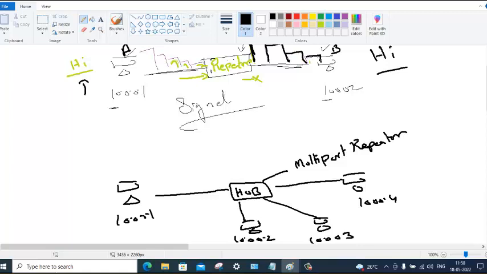So what does a hub do? It regenerates, it boosts. See, a hub is not only to connect four devices. If a signal is coming in weaker, it can boost the signal and send you data with a very strong signal. So don't think a hub is only to connect multiple devices. No. A hub is a multi-port repeater. It can regenerate the signal.